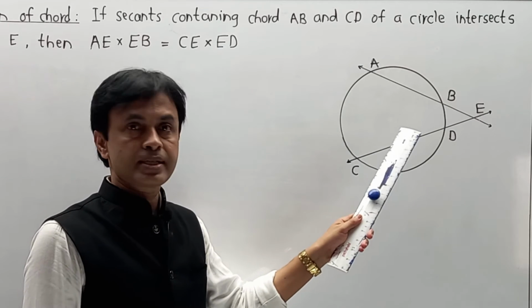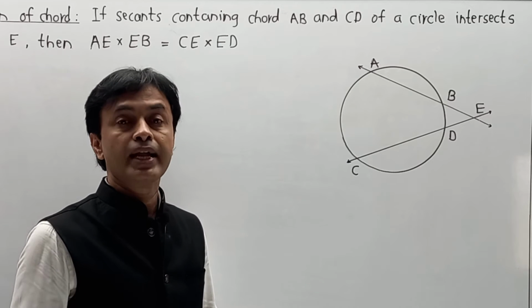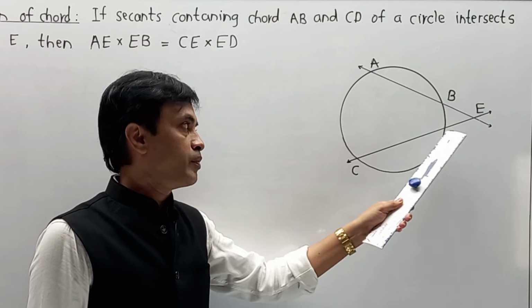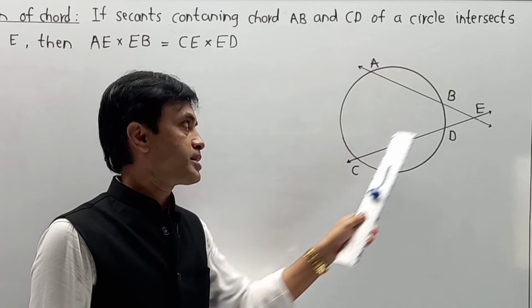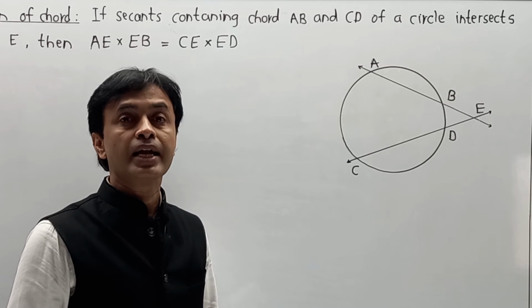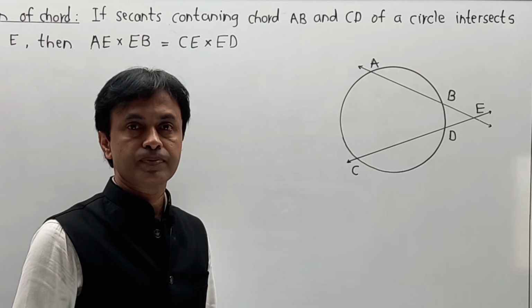Remember, in this case there is no need of a center, so I am not going to indicate any kind of center. And next we have to do construction, means we have to join A with D and C with B, and in this way your structure is going to get complete, and that is the additional part we are going to write over here. So that is nothing but construction.